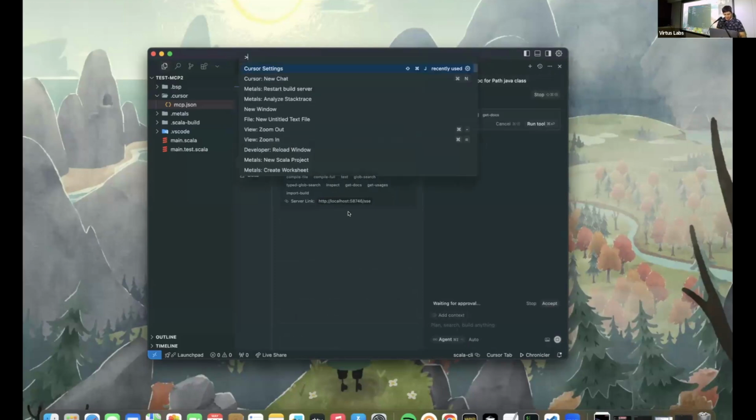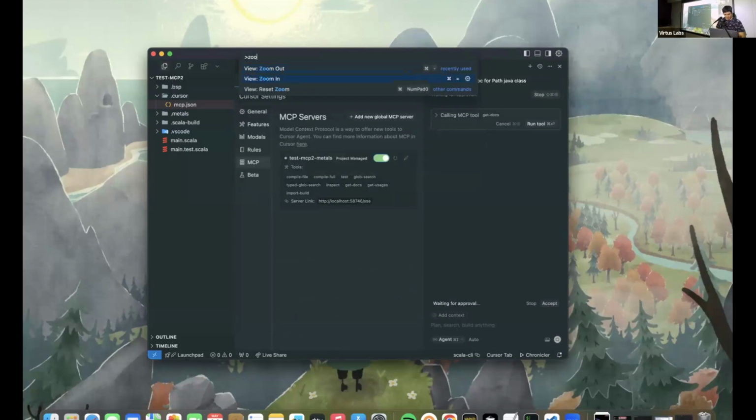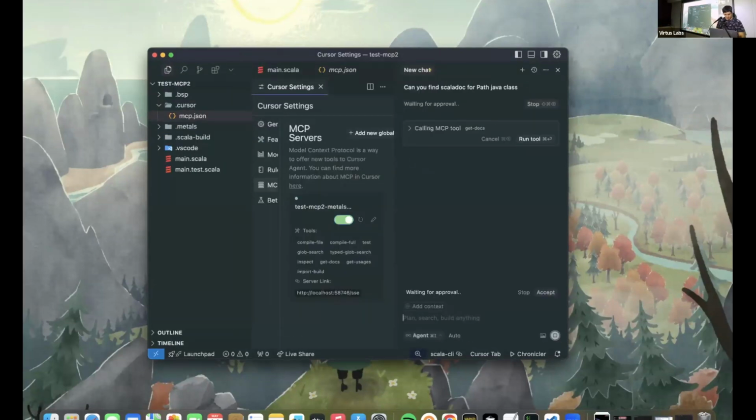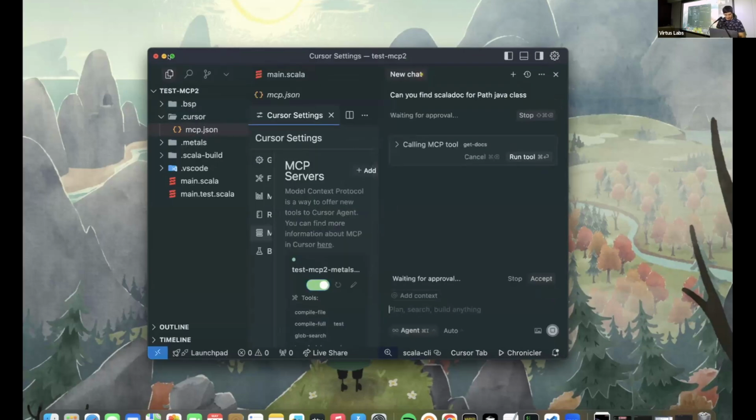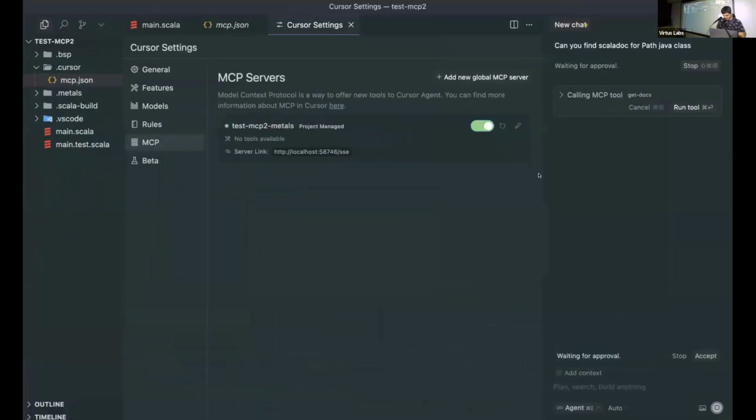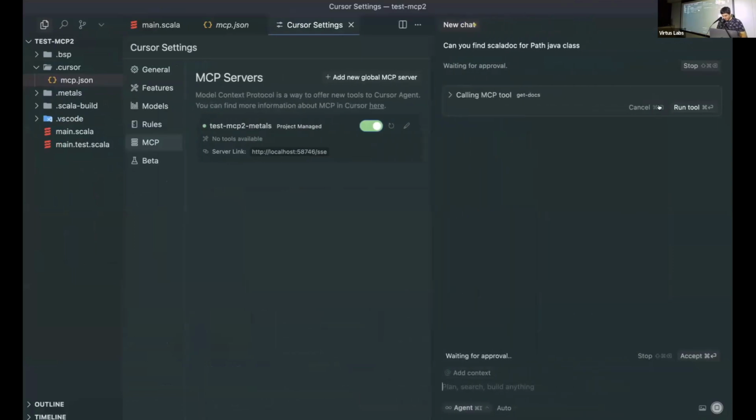Might need to make it bigger. Zoom in. Okay, so it will ask for approval. It tells you that it's using an MCP tool, and it asks for the get docs method.